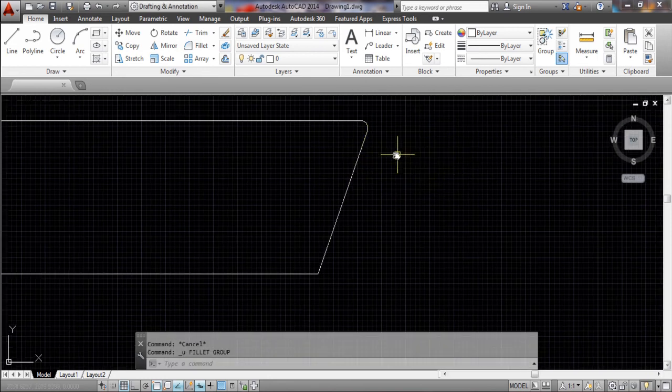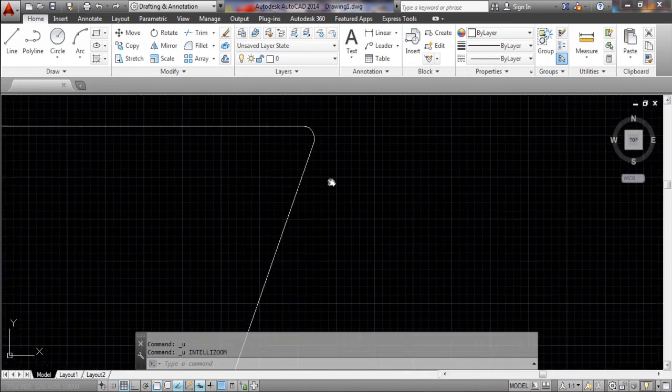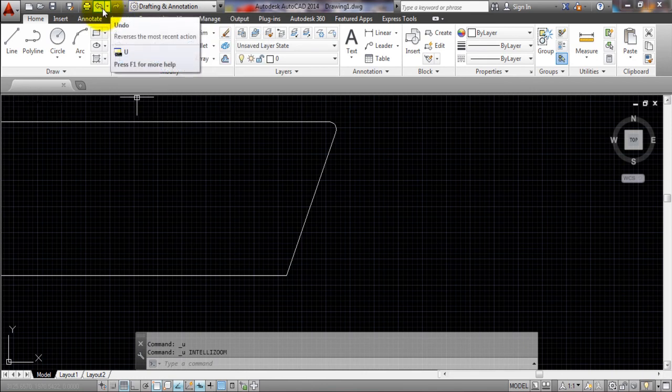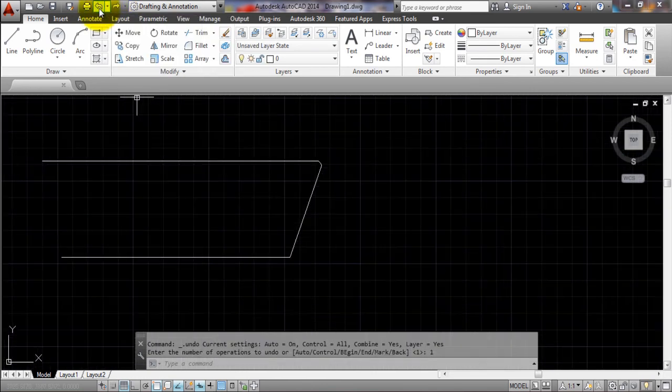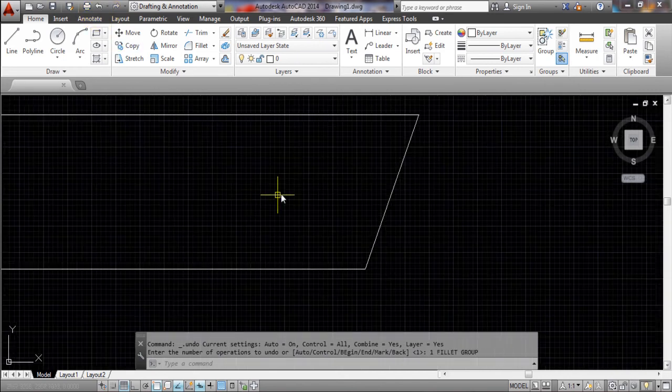For example, I am making undo again here, and also here I will show you that command. When you want to go to the previous process, here we have undo and redo option. I am taking it from here, or you can use the shortcut Ctrl Z. So here